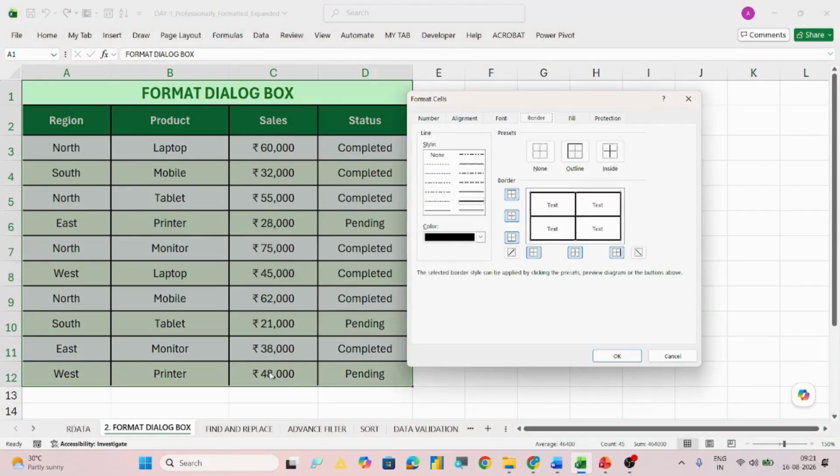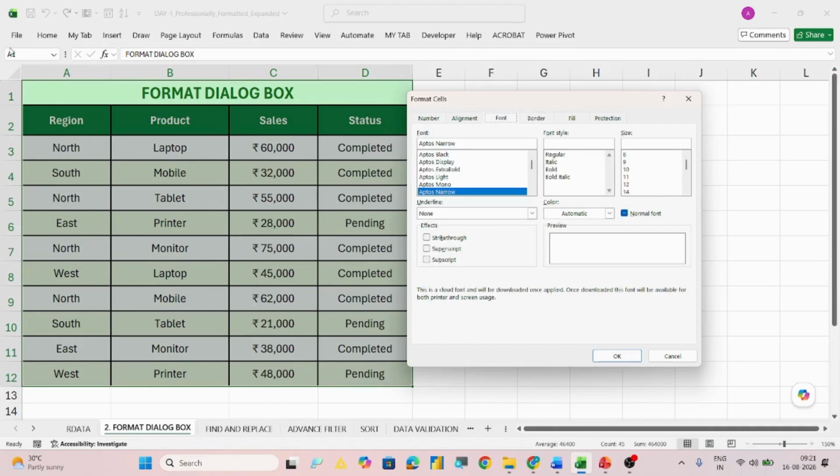Again, if I press Ctrl+1 and go to font, I want a different font style. So let's say Latino, it's not there. So let's say Diamond. Okay, it is not showing me. So I just pick any font which is available over here. Let's say Monotype Corsiva, right?